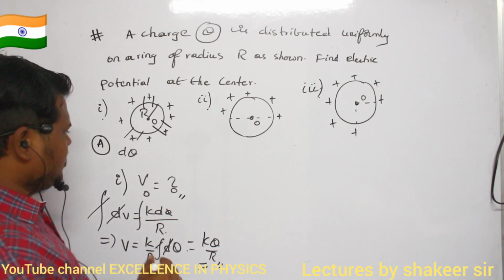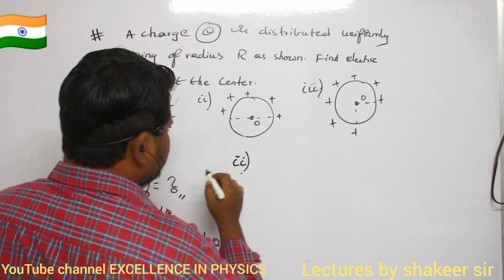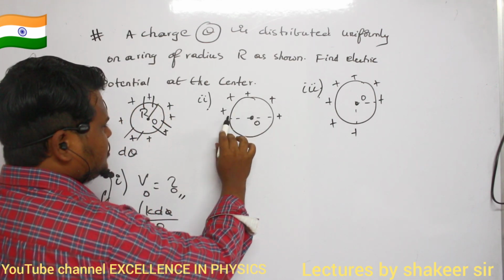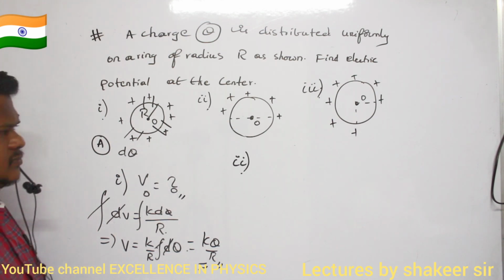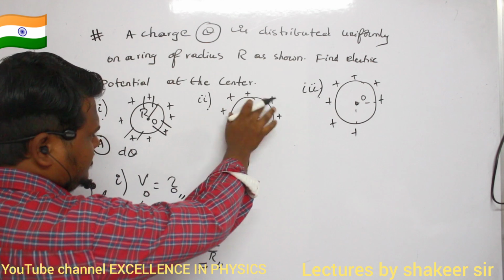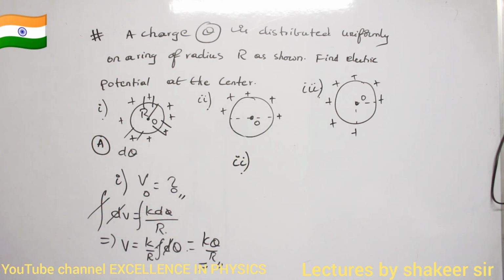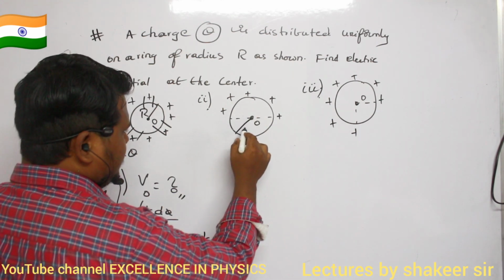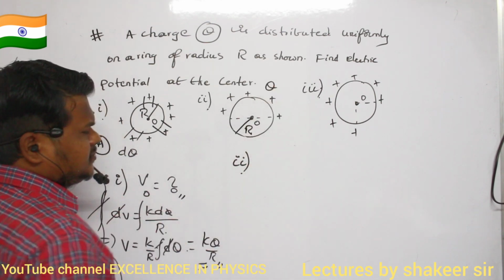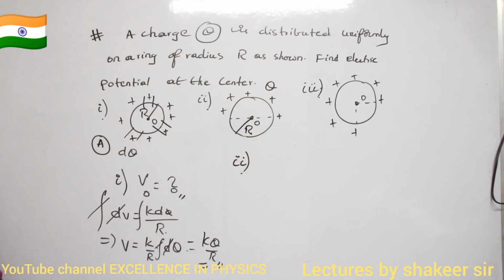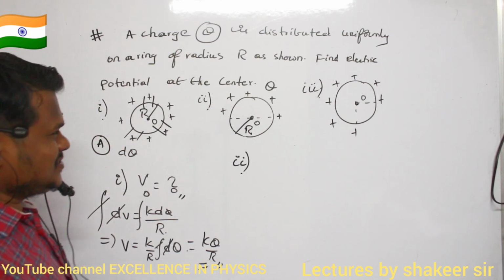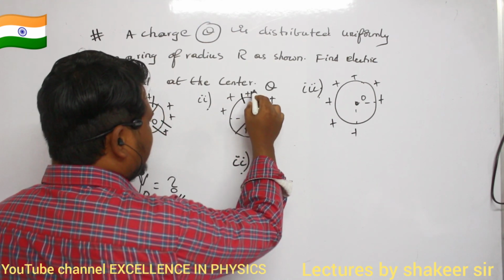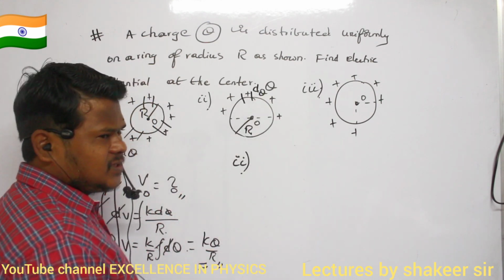Okay. Now can you say what is the electric potential at the center if the charge is present only on half of the circumference? For this one, can you say the answer? Charge is present only on half of the circumference. Now what is the potential at point B? Radius remains the same, and charge is also Q only. For this one, what is the answer? Here also the answer remains kq by r only. What is the reason? Again you take a small dq. Are you able to understand?